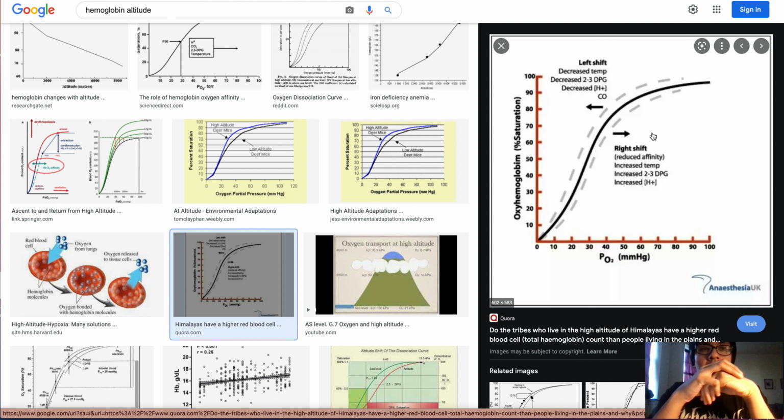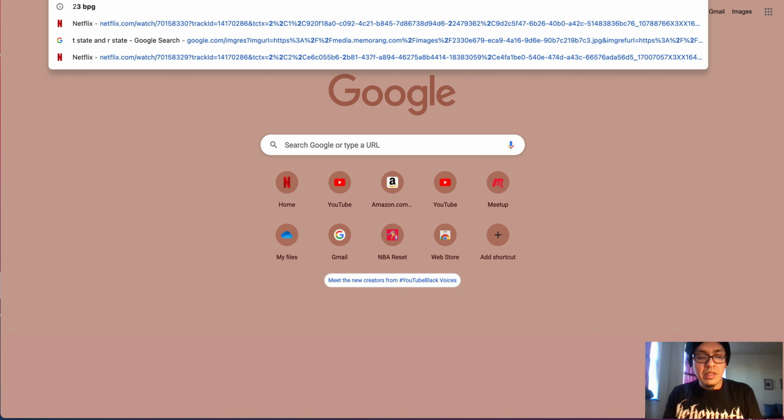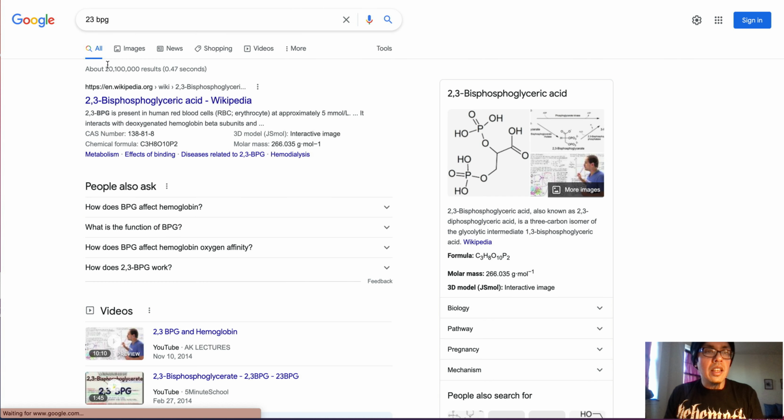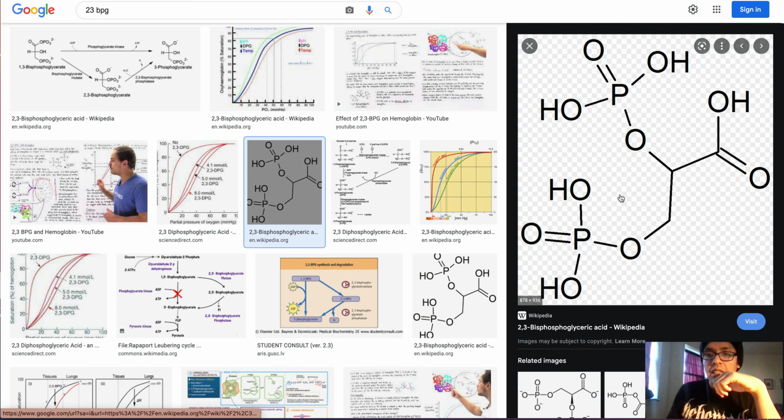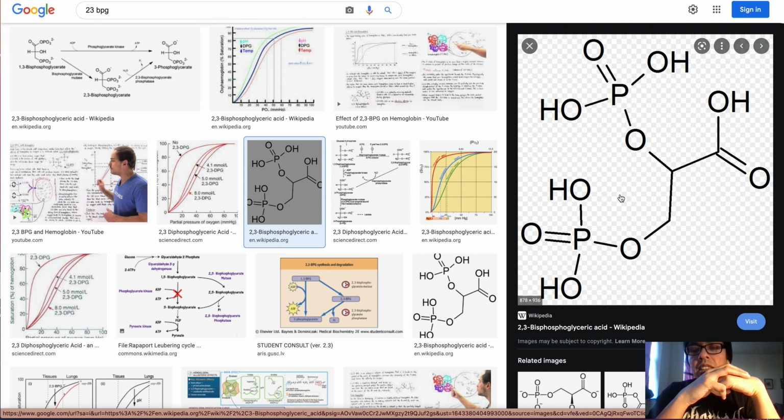We don't need to worry about reduced oxygen affinity, but at a higher altitude, remember there are ways of stabilizing the hemoglobin earlier so that the affinity for oxygen lowers at higher partial pressures, so the delivery of oxygen is faster. So 2,3 BPG, remember 2,3 BPG? That's one molecule. 2,3 BPG is a molecule which fits in the center of the hemoglobin. And then remember, it's this guy, bisphosphoglyceric acid. It fits, or bisphosphoglycerate.